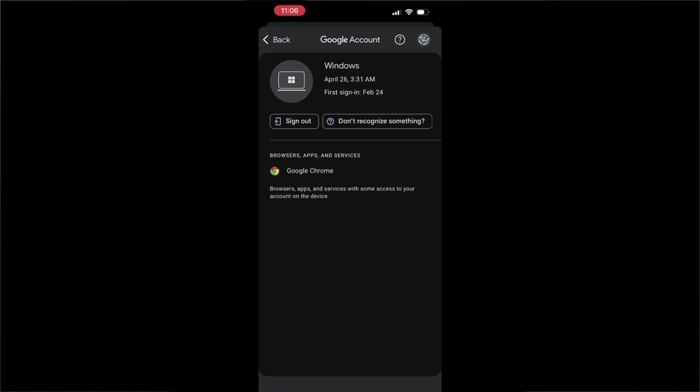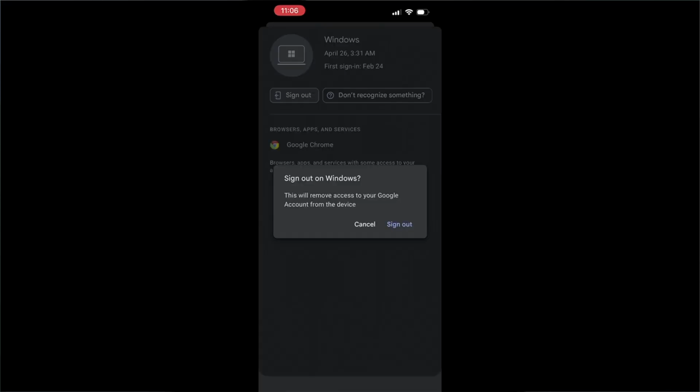Now you can continue using your phone without worrying about the removed account. This process helps in managing your digital footprint and keeping your device organized. If you ever need to add the account again, you can do so by going back to the Gmail app and signing in as usual.